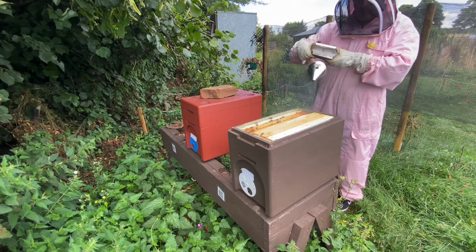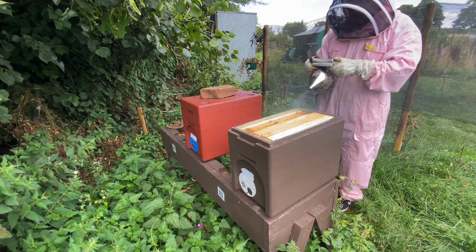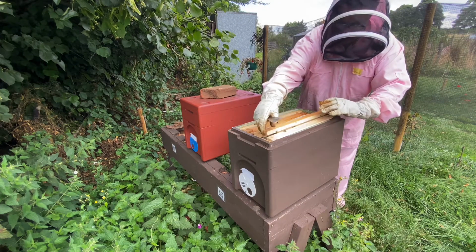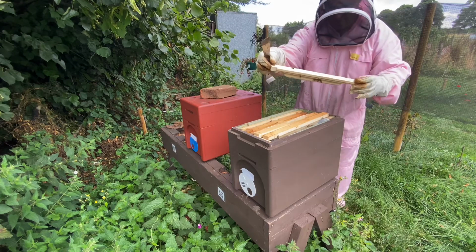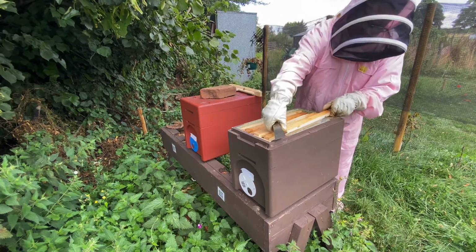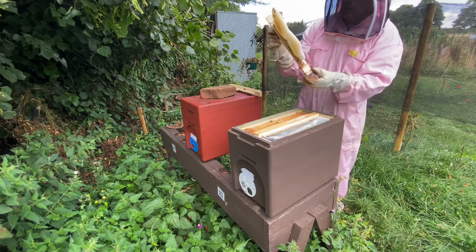Now I'm giving it a really good old smoke up, just to confuse them more than anything. They do like to communicate with pheromones, and that will just make it that bit more difficult to work out what's going off for a while everything gets settled. So I'm just taking 2 of these frames out. Clearly I put it on top of the box, which is not the best place to put it. And there you go. That's the frame